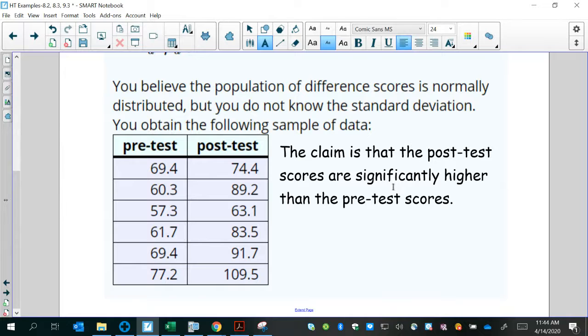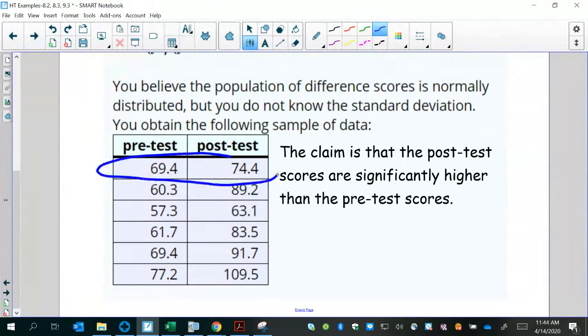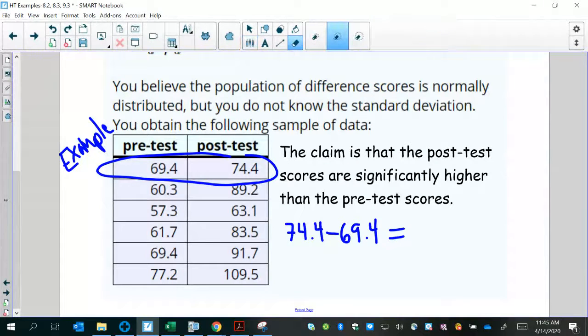So using the example of the first set of data here, I'll use this as my example. Then I'm interested in whether subtracting the larger one minus the smaller one would give me a difference that is,